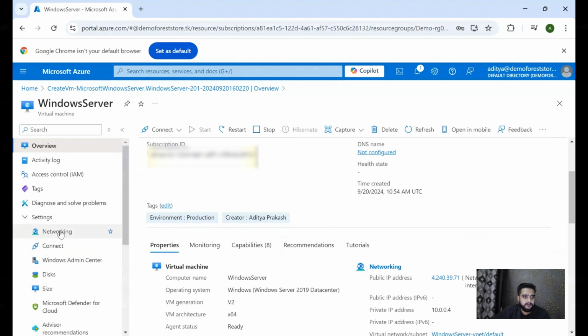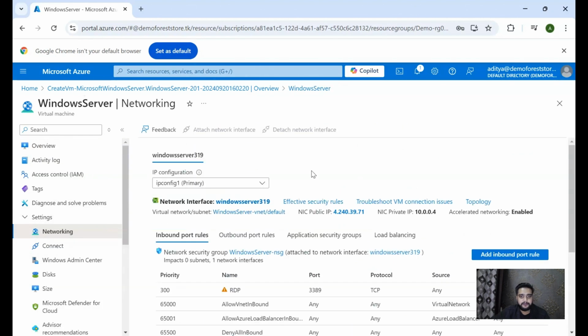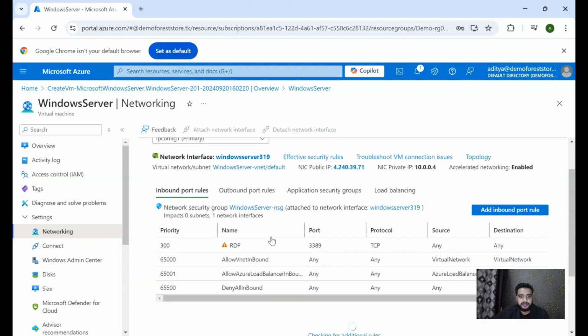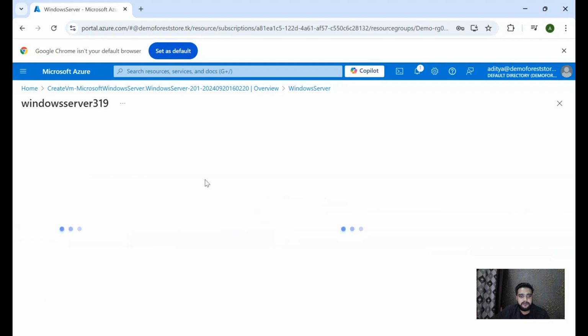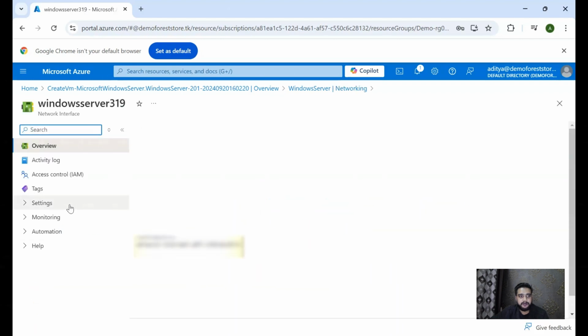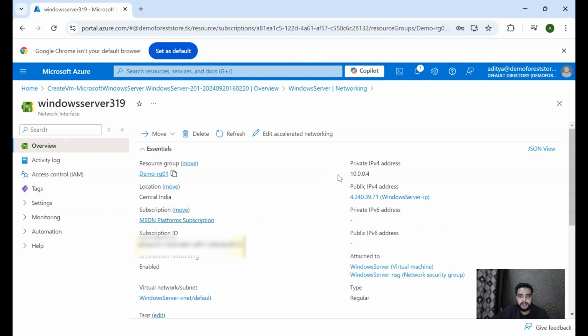Now, if I go to networking, here you can see the network security group where, while creating the virtual machine, we had allowed the public inbound port for RDP, which is 3389. We will come to these topics later in our sessions. This is the network interface card which has been provided through the virtual network. Here we have the IP for this virtual machine, which is 10.0.0.4.